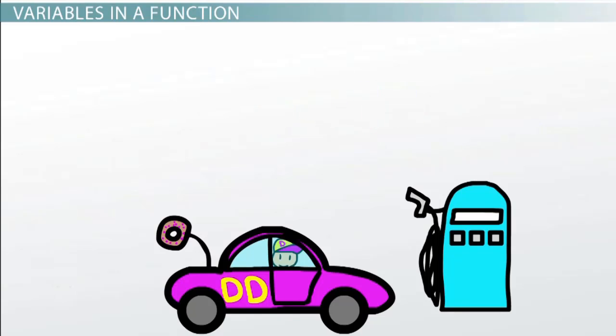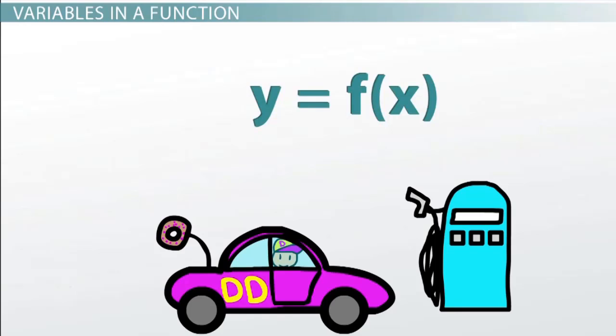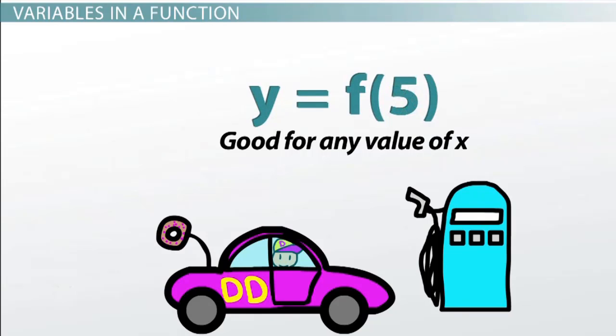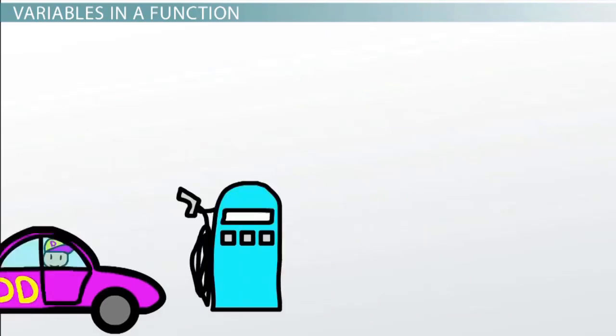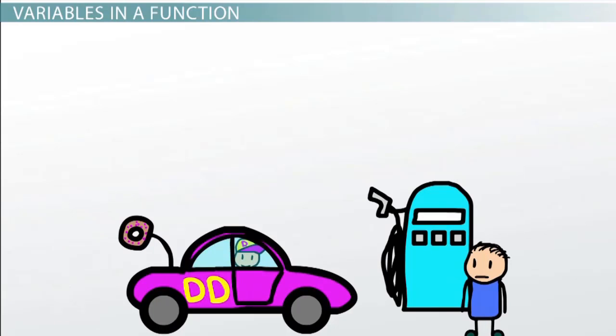So an important point here is to note that when we say y equals f of x, that's good for any value of x. We're using x as a variable here. If we say y equals f of 5, we're evaluating this function using x equals 5. So imagine going to the gas station and instead of pumping, say, 4 gallons of gas and owing $16, you try to give gas